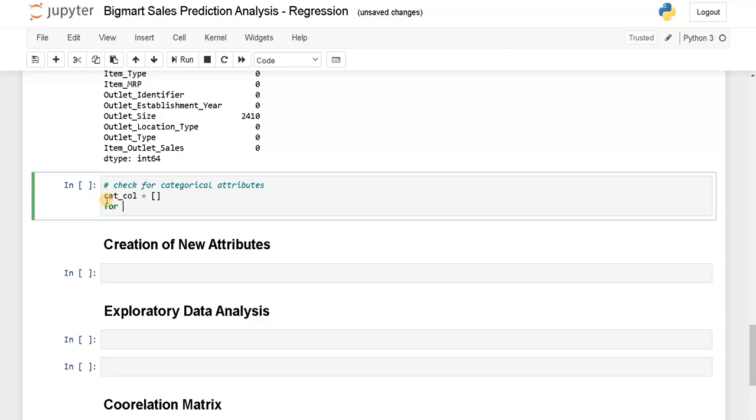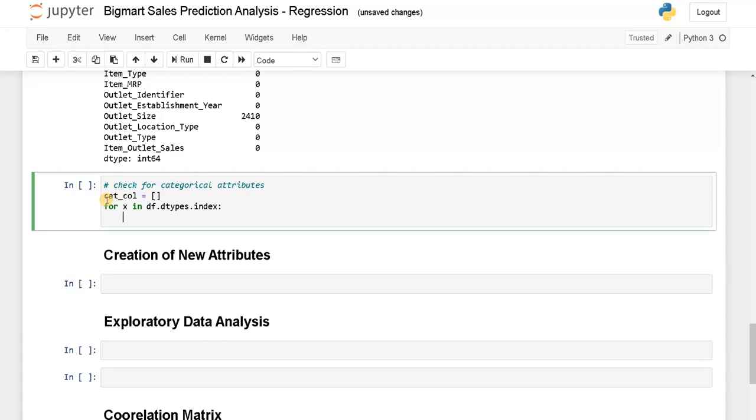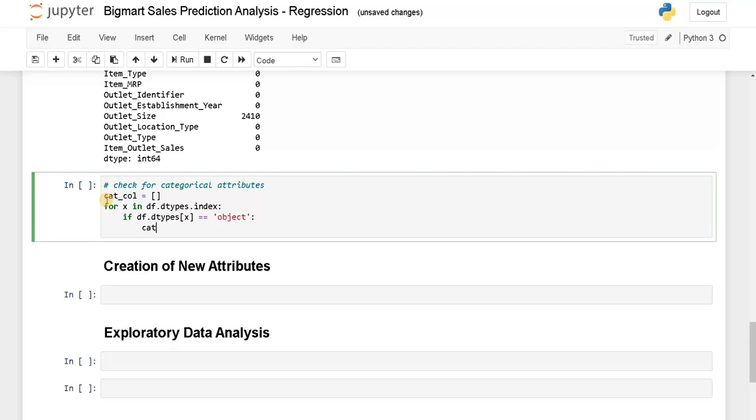Now for x in df.dtypes.index, if df.dtypes of x equals object, cat_col.append(x).